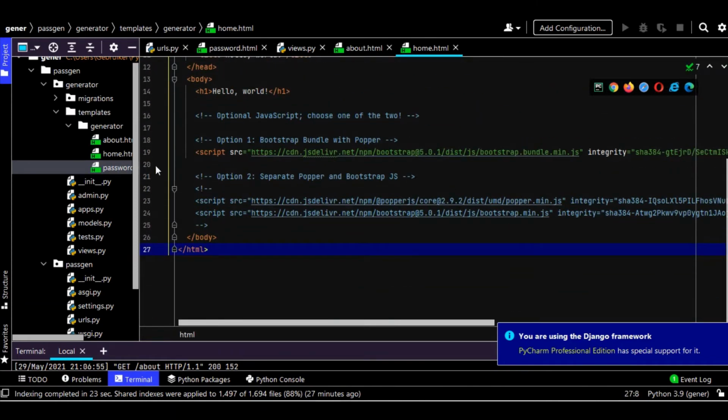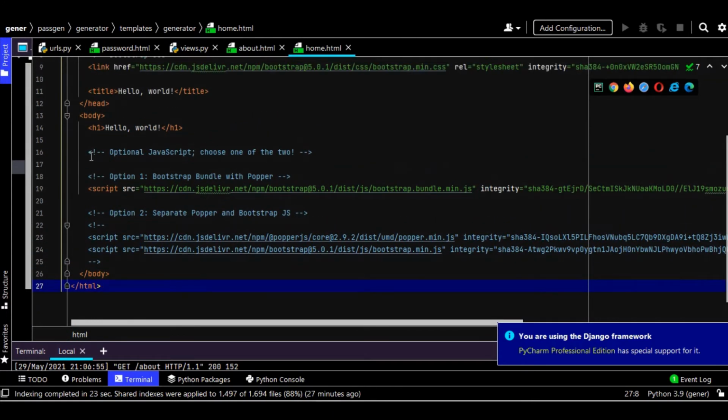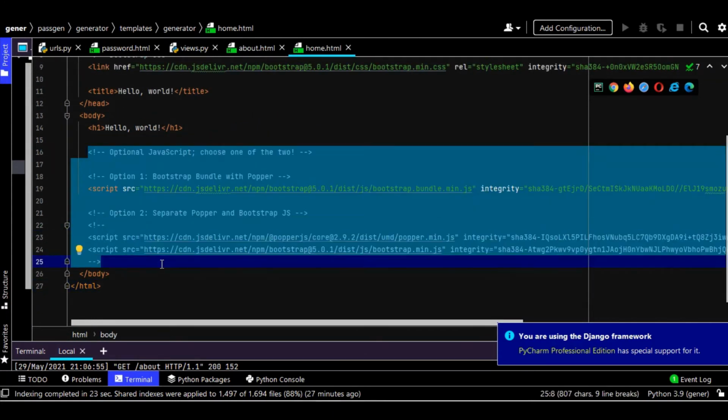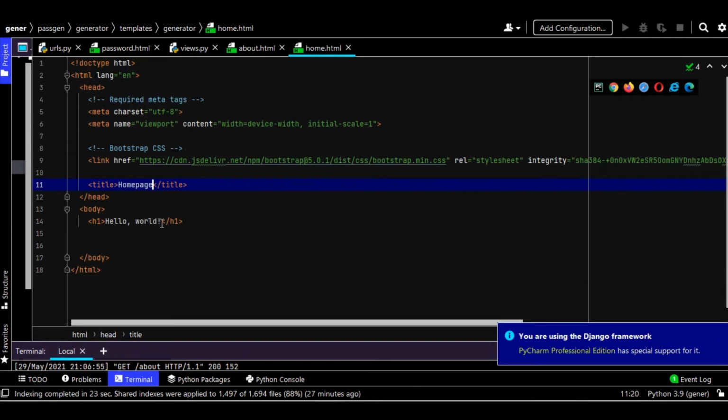Now that we have this, we don't need this JavaScript part here, we don't need that, and then yes, the CSS we do need. All right, now let's just add a title, let's say home page, for instance, and here password